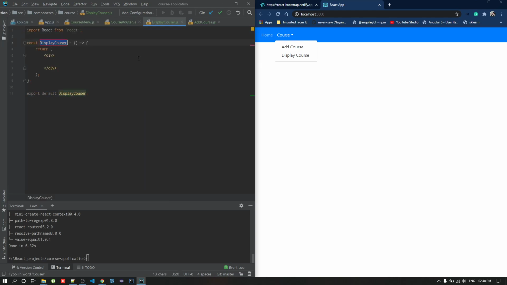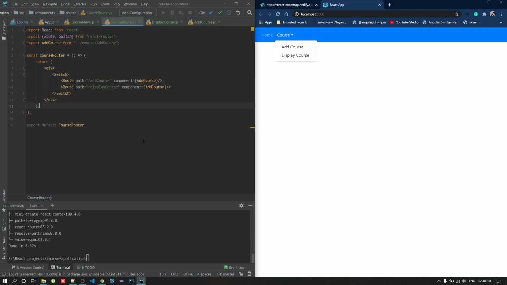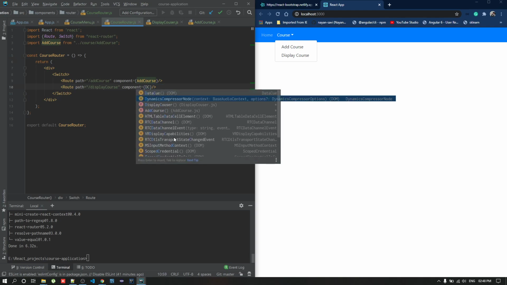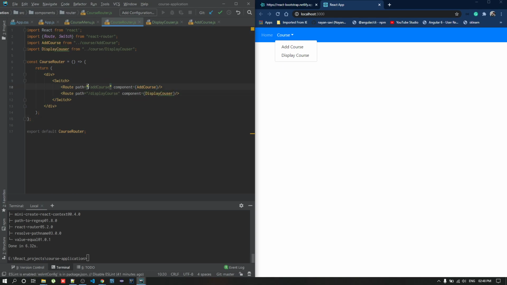So this is my display course. I will add a component here, that is DisplayCourse. So when the user clicks on add course, this will navigate to our add course component, and same for the display.